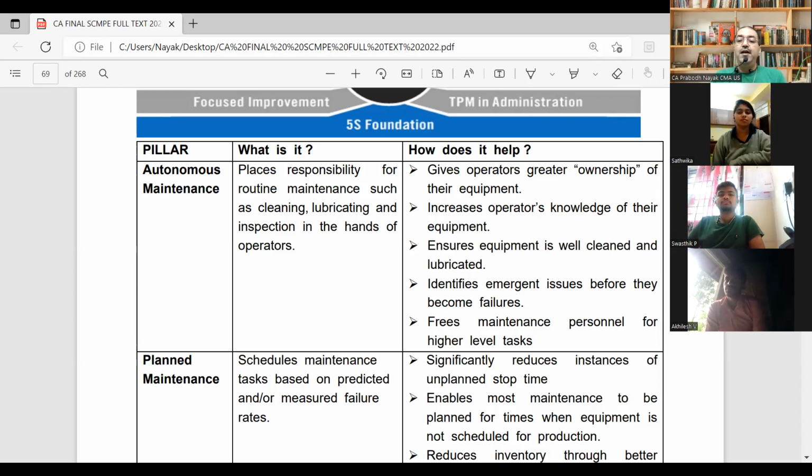Second, it increases operators' knowledge of their equipment. The operator comes to know their equipment. Now, two-wheelers, I can't have a driver for my two-wheeler. I will drive it myself. So I myself should know what the requirements of my two-wheeler are. Sometimes I used to go to the mechanic and tell him to change the oil, as it has been a long time since we changed it. So whatever I feel for my two-wheeler, I have become the best mechanic now because I know exactly where what things are going.